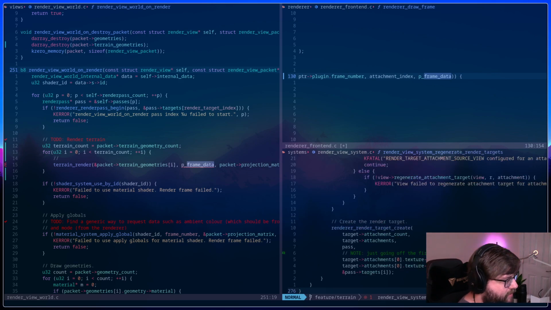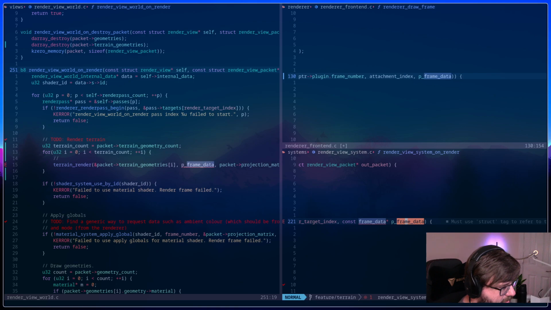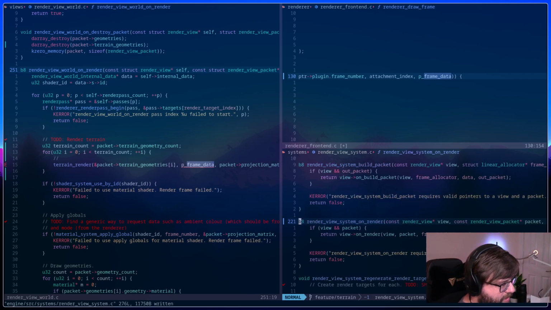We actually need to, I can just use a structure here because I don't think I need to access any of its properties at this level. So that actually works out kind of nice. Okay, so we have render view system on render, and then we're going to have to modify this interface, which